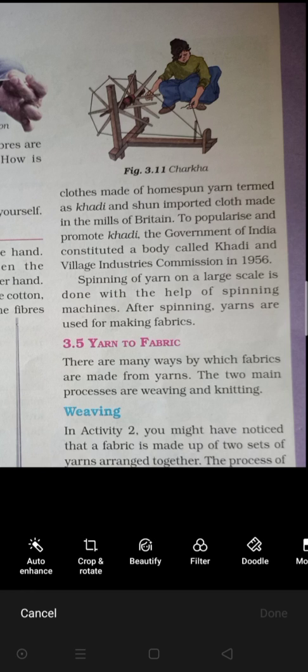To popularize and promote khadi, the Government of India constituted a body called the Khadi and Village Industries Commission in 1956. खादी को ऑफिशियली गवर्नमेंट ने एक्सेप्ट किया और उन्होंने विलेज इंडस्ट्री कमीशन इन 1956 में खादी बनाने का परमिशन दिया था. Now spinning of yarn on a large scale is done with the help of